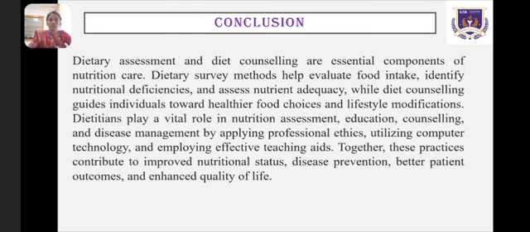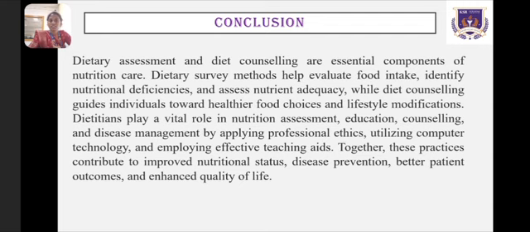Now we move to the conclusion. Today we learned about the dietary assessments used to assess the nutritional status of the patient, and how dietitians advise the patient by the method of diet counseling. We also learned what materials or teaching aids are used in the patient's diet counseling. Dietary survey methods evaluate food intake, identify nutritional deficiency and assess nutrient adequacy to guide the individual toward healthier food choices and